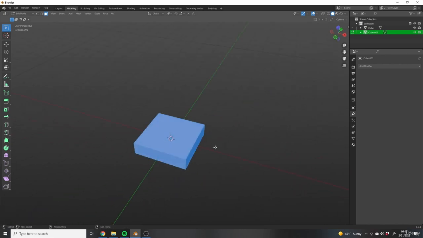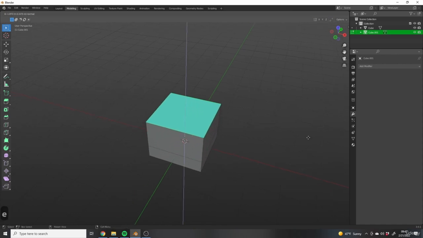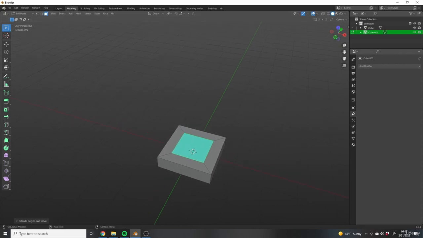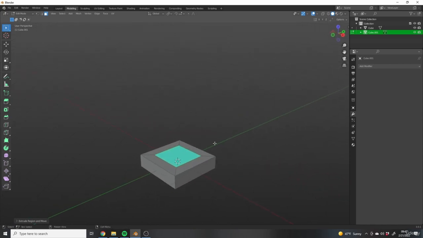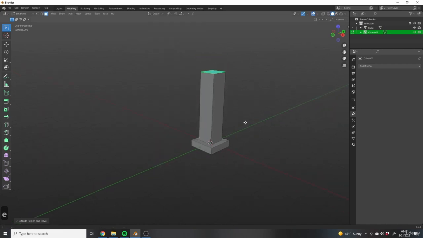So this is how I'm going to do this. I'm going to select this top face. I'm going to hit E for extrude, but instead of dragging it up, first I'm going to scale it. So before I left click, if I press S to scale it, we can scale it in and create this inset face. Now, with this face selected, if we press E again, we can extrude it straight up,